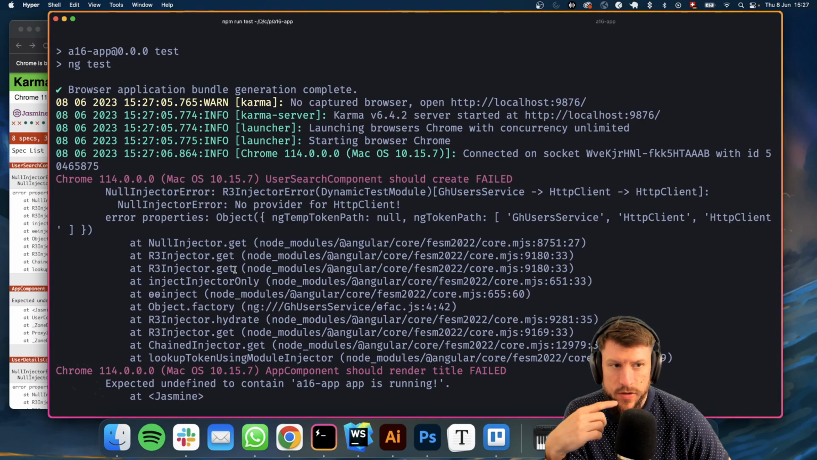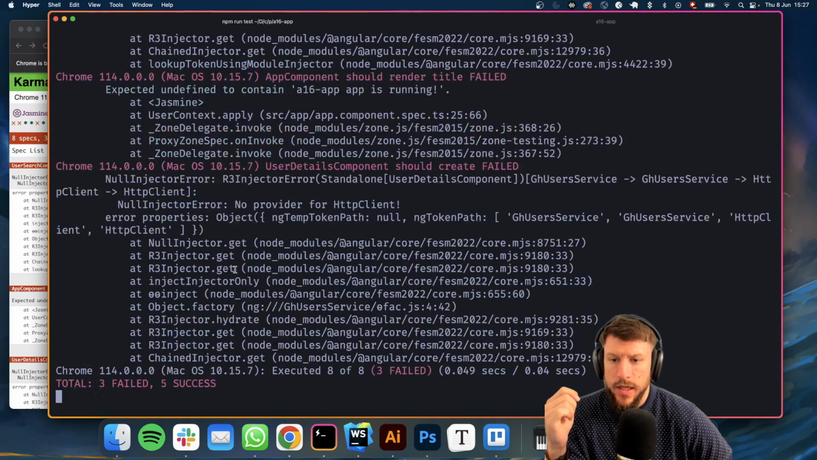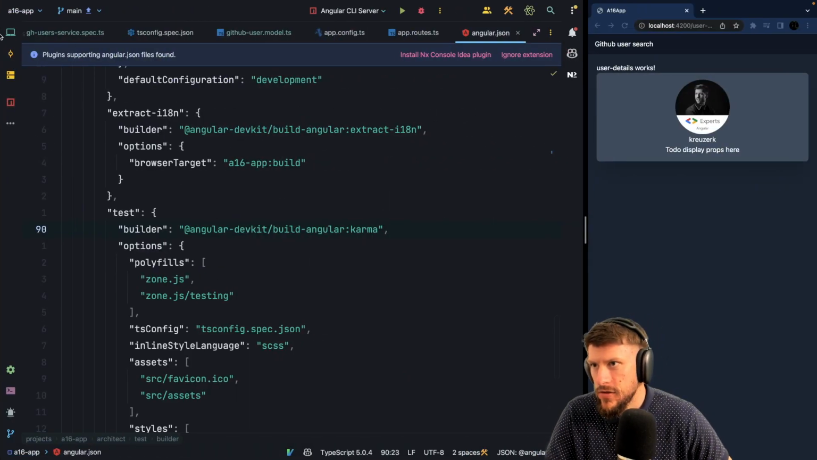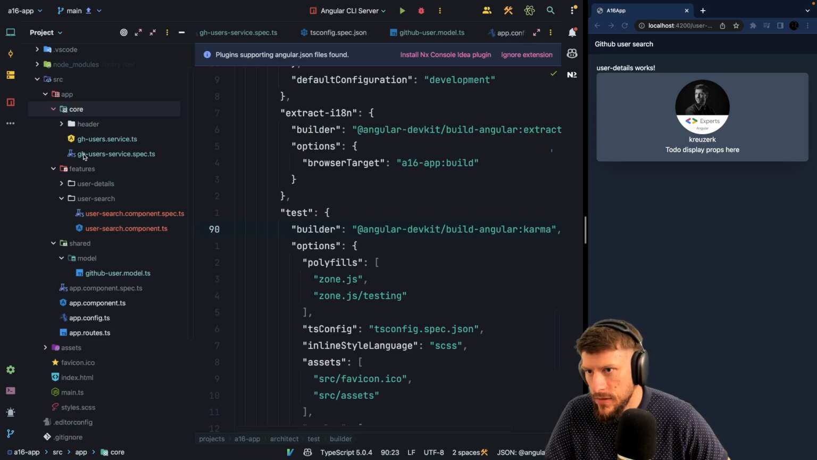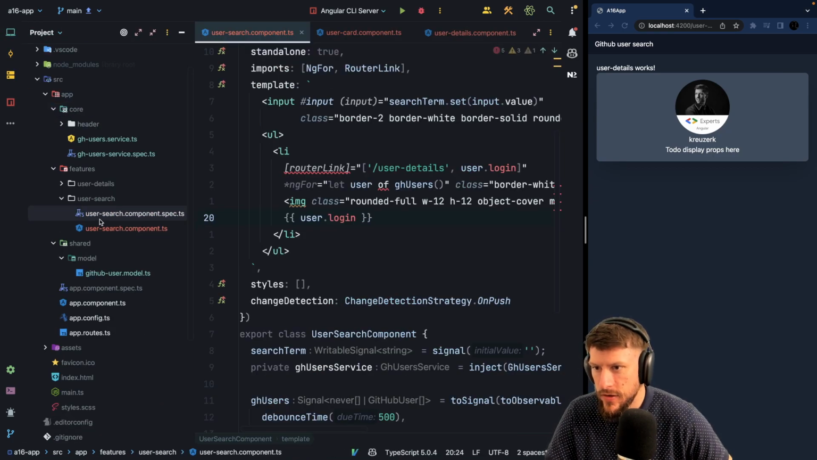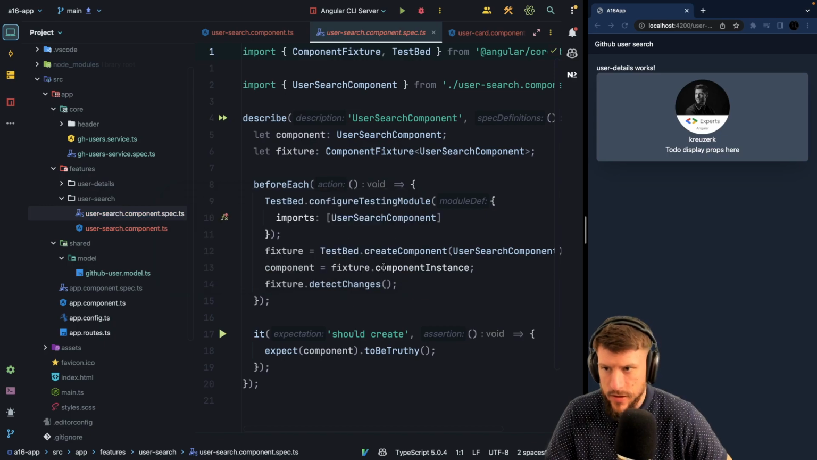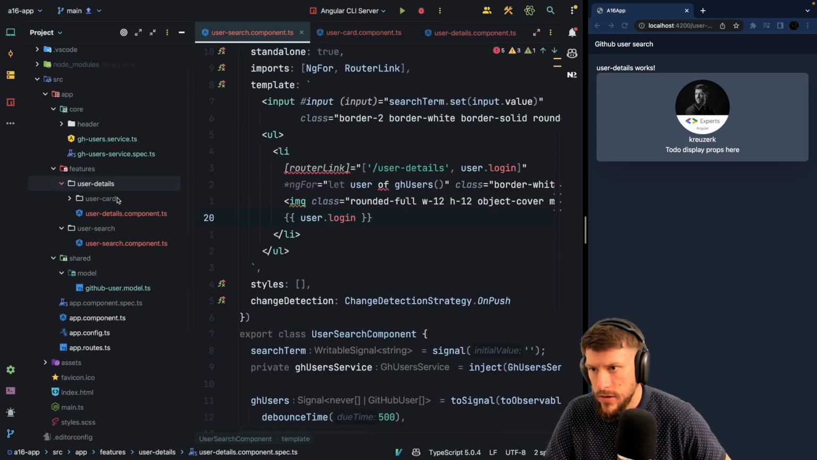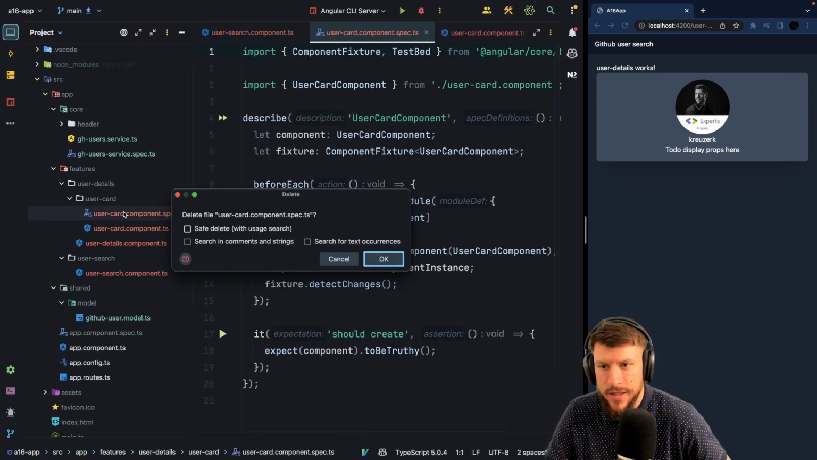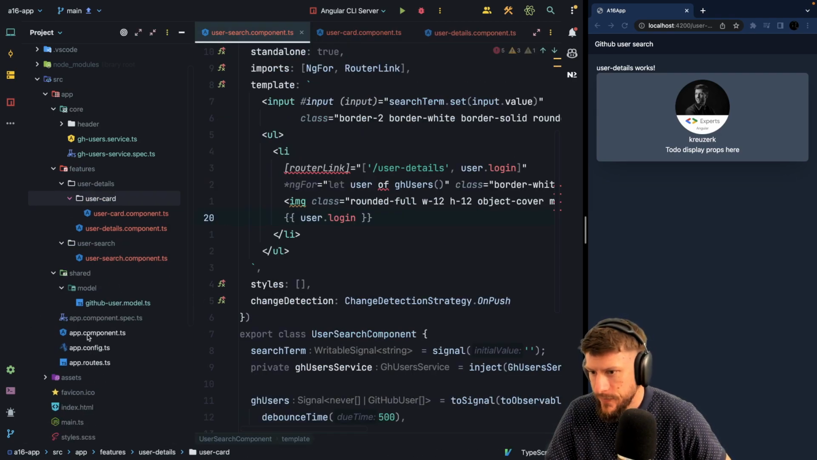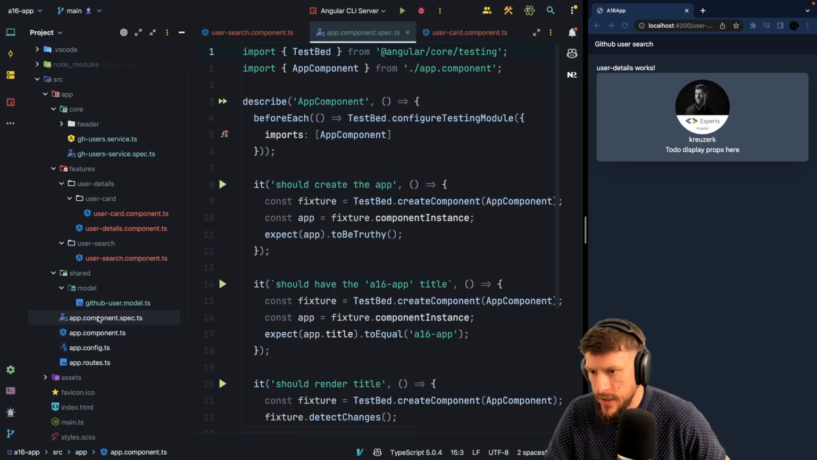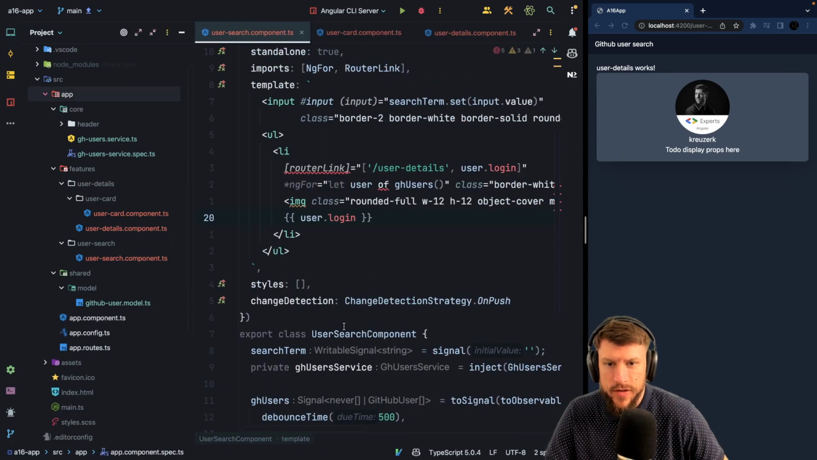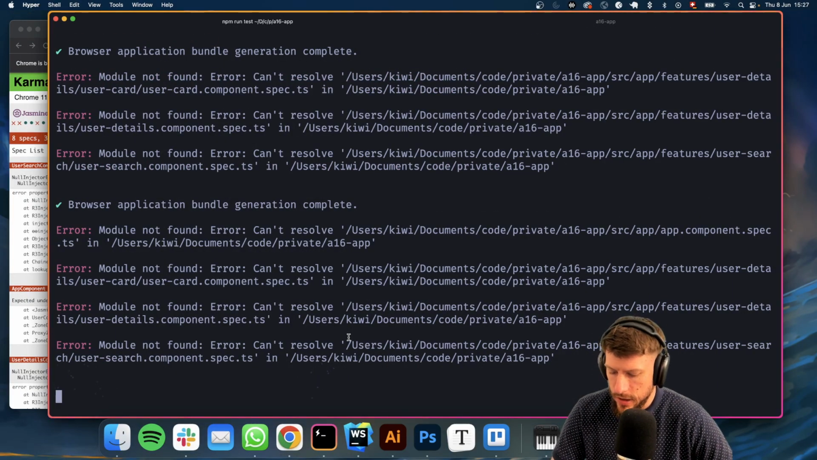GitHub user service. Yeah, because we still have, let's just focus on this one. So let's get rid of this because I don't want to write too many tests here. Yeah, deleting tests. So app components back, good. Let's get rid of this. So we should only have